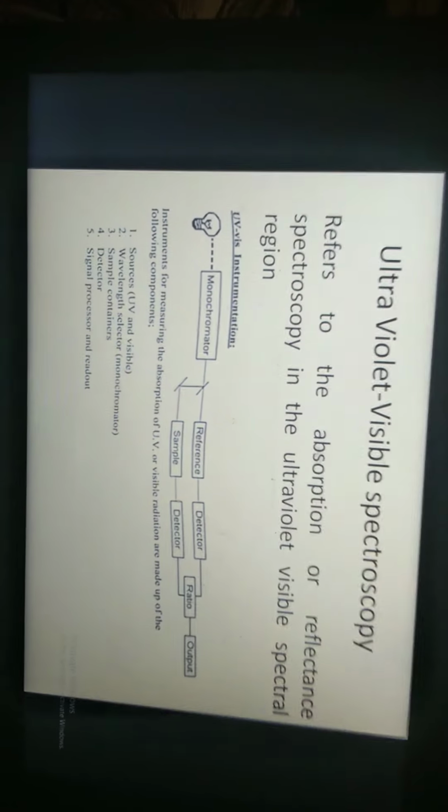Next, the dispersing device, that is the monochromator. With this dispersing device, we take the wavelengths of the source, and we allow only the particular wavelength which is required for the UV-vis spectroscopy. Others will be rejected. In the next slide, I will tell you about the merits of the monochromator, that depend upon the effective bandwidth,